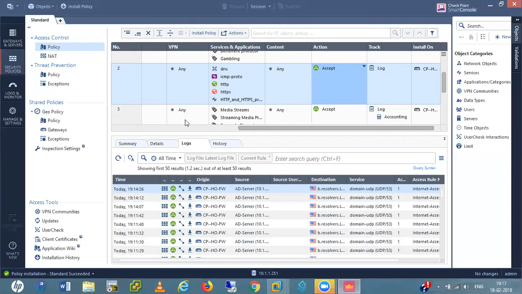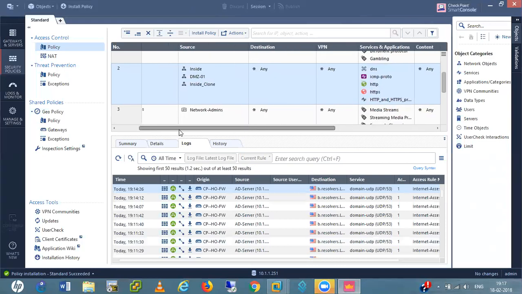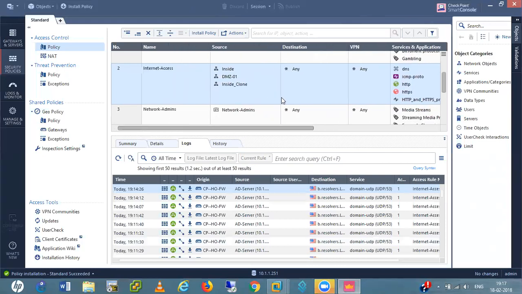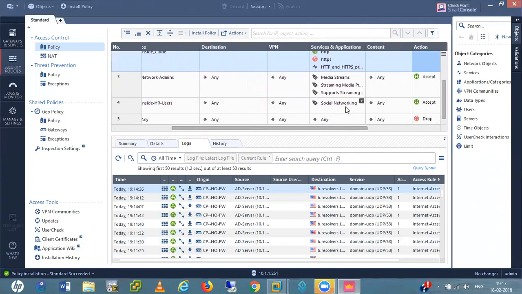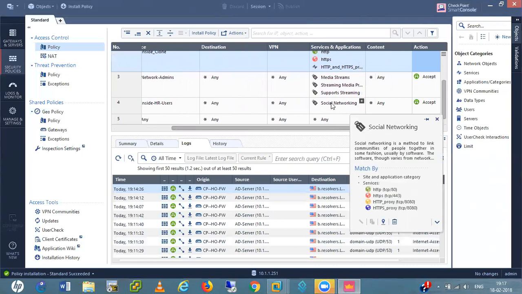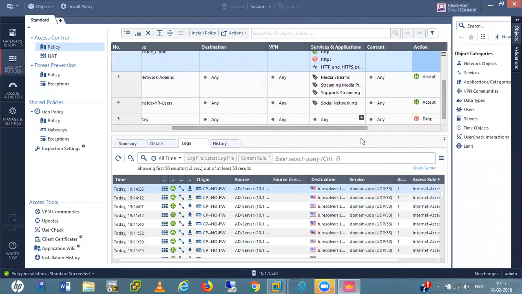So for HR users, we have this. We only allowed social networking, right? So they are able to access the Facebook only, Facebook and other social networking sites, right?